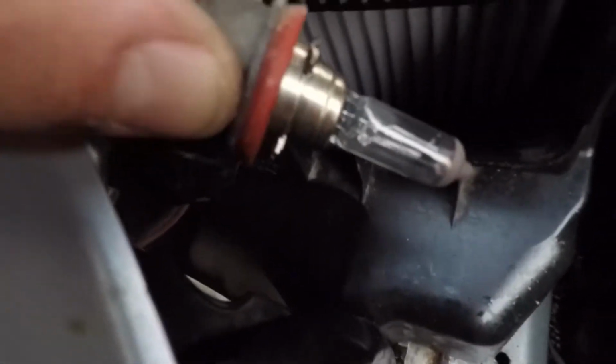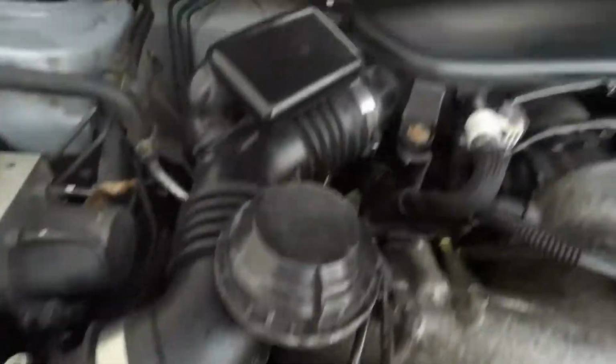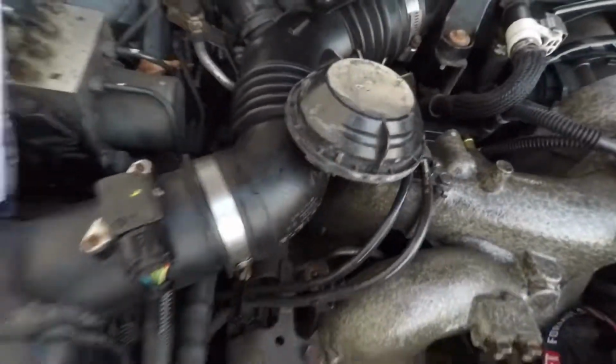So it has a snap. You unsnap it, pin the new one, put it back in, put your protector back into place, and you should be all good. It's gonna set it up, and I just realized something that this company did that is extremely smart. So as I said, very well packaged